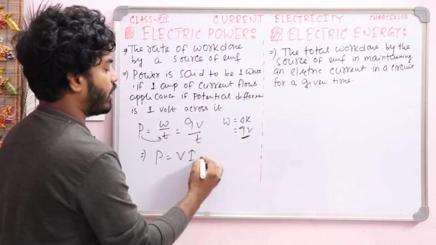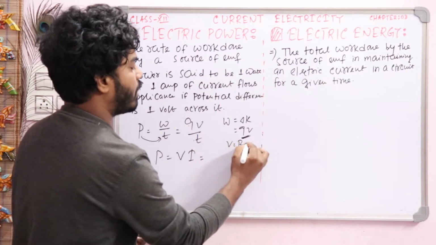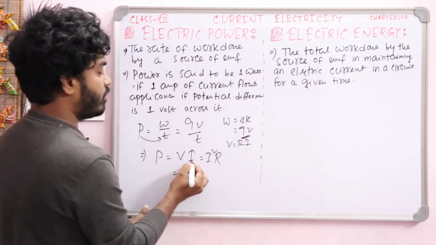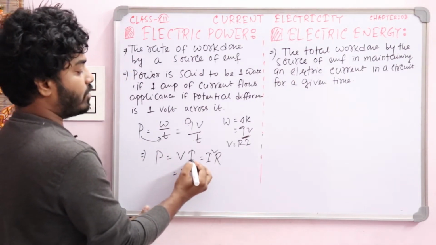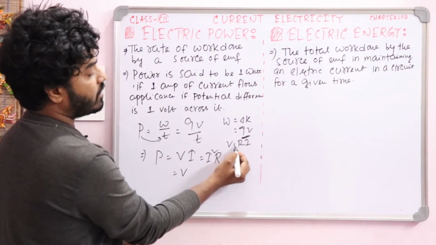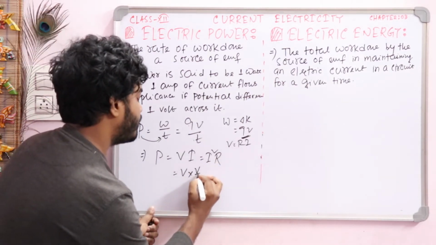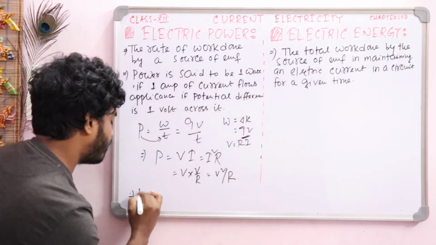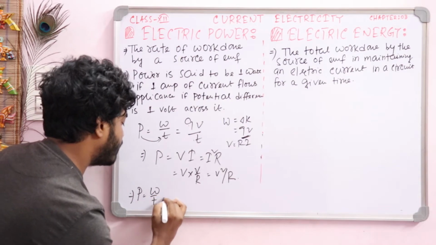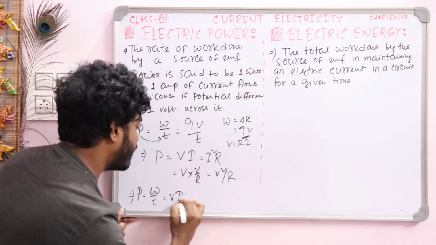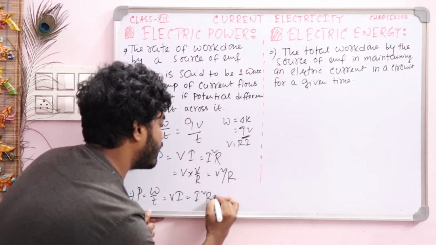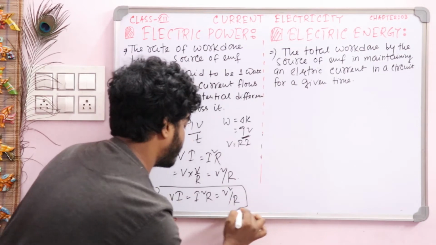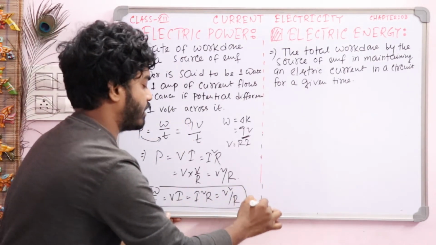Now according to Ohm's law, you can write V equals IR. So here this becomes I square R. Now use this equation P equals VI, and in the place of I write I equals V by R. So this becomes V square by R. So the formula of power is P equals W by T, again P equals VI, again I square R, again V square by R. All these expressions give the power, all the mathematical forms.